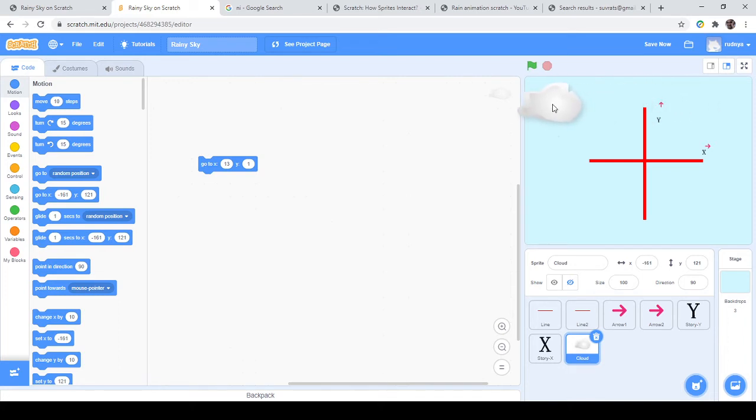If you think about the cloud on the earth, we are thinking as if the cloud is moving parallel to the ground.